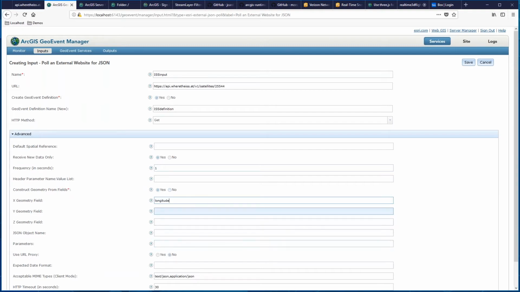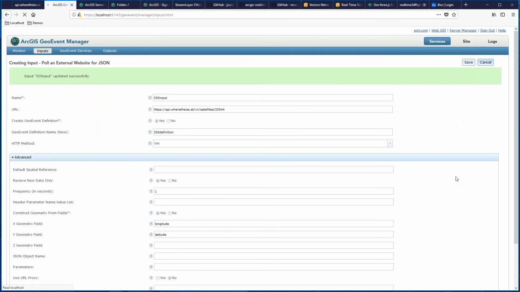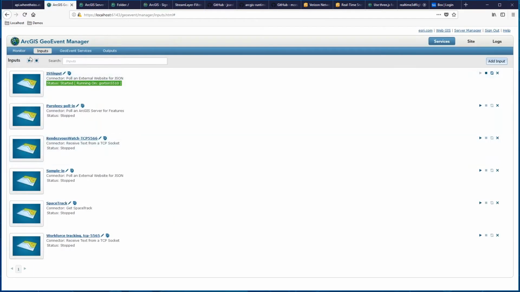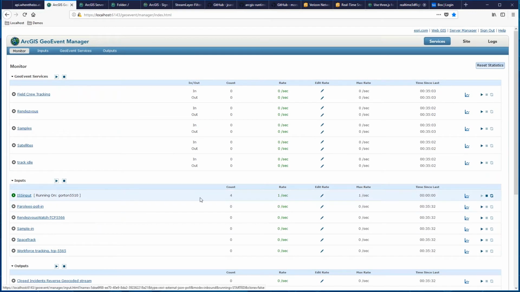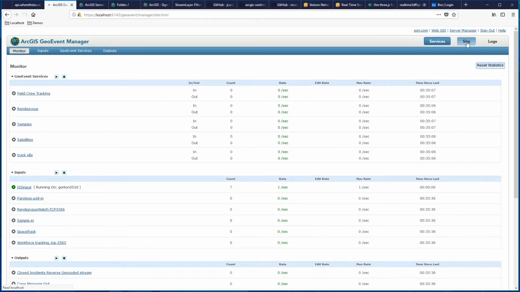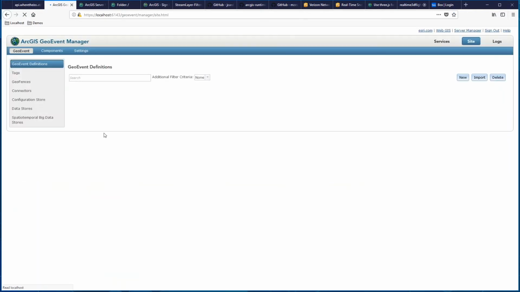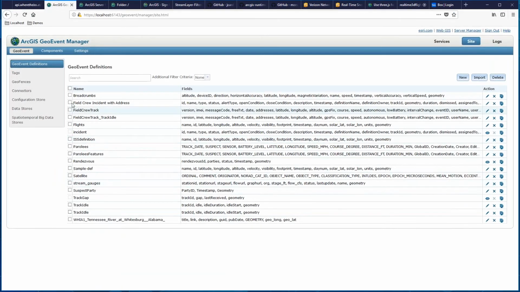So I'll use the longitude value for the X value and the latitude value of the incoming JSON, and I'll ignore the Z value because I don't want it to use those kilometers. We'll take care of that in a little bit. And I'll save this and go back to my monitor page. We'll see that ISS input was created and it's receiving about a point a second, so that's good. If I go to the Site tab then and take a look at the GeoEvent definition that was created, ISS definition,